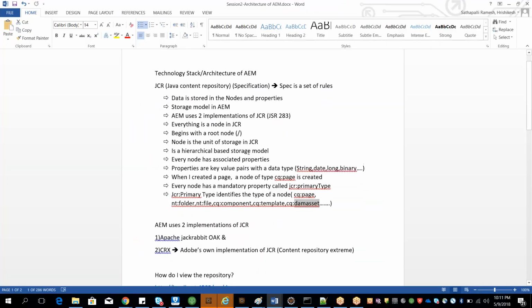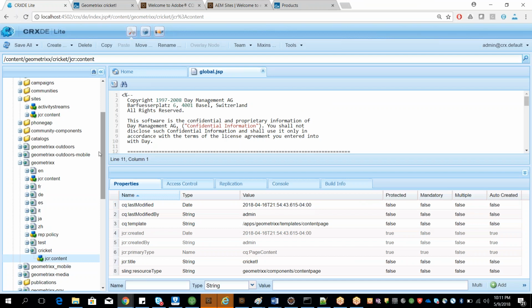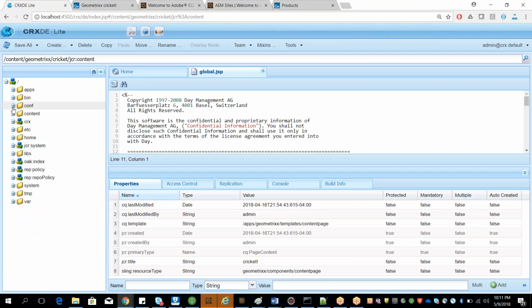Okay. So now you may ask me a question. Now that I have all this hierarchical based storage, what is the advantage that I'm getting by using JCR? That is, what are the features of JCR? There are 5 features of JCR you need to understand. First one,